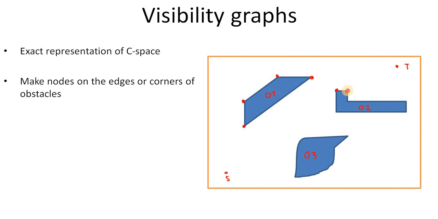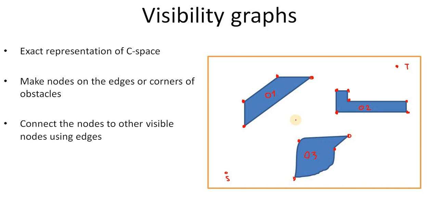And similarly we do for obstacle number 2. And here also we make, let's make here also. So now we have made nodes on the corners or edges of the obstacles, and let's see what the next step is. Connect the nodes to other visible nodes